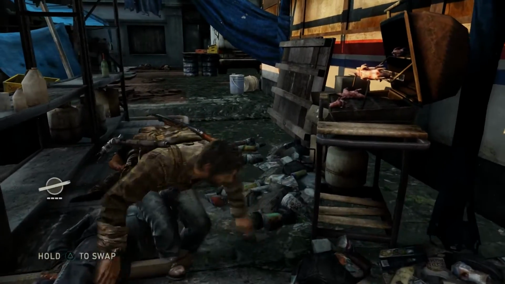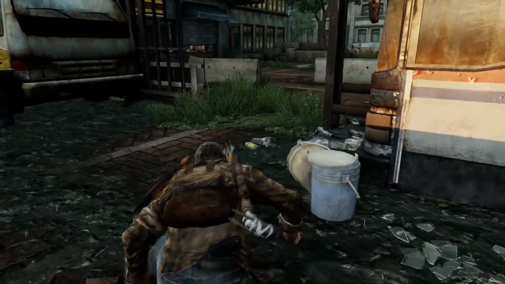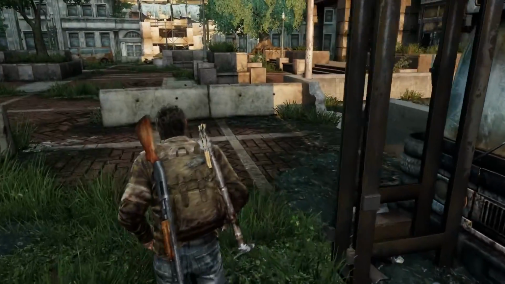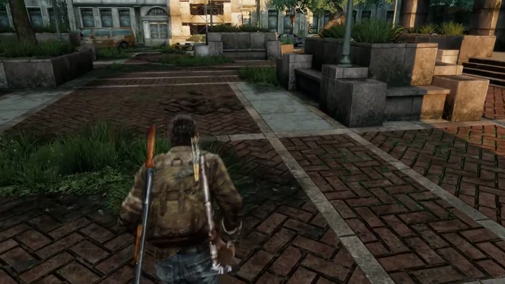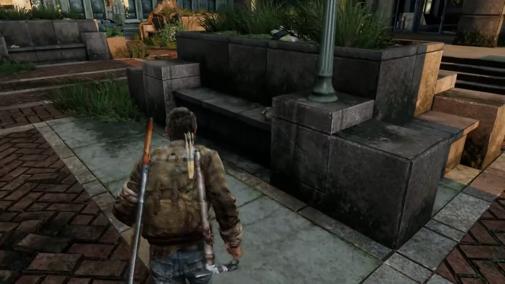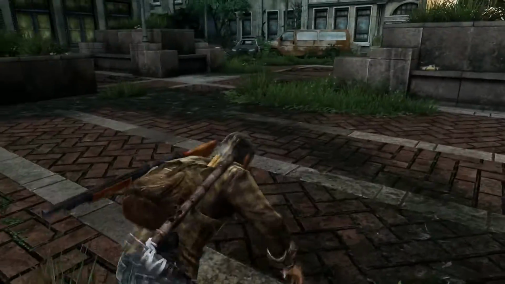Okay. Right, now that that's done, we're going to go this way. You need a throwable for this next area. Make sure you have one. I think you actually need a couple, and there are a few around here, so we'll get this done, don't worry. Right, so we want to go...